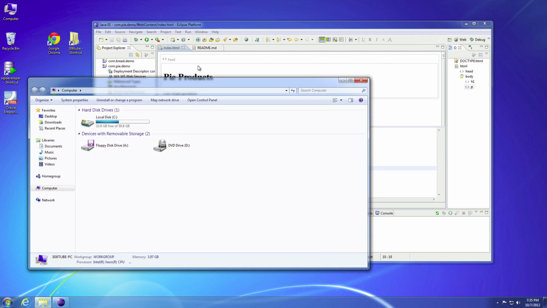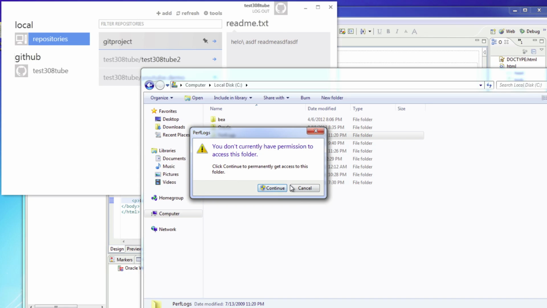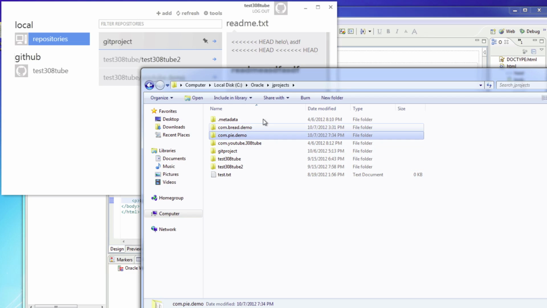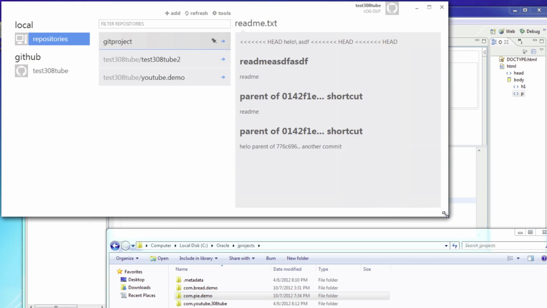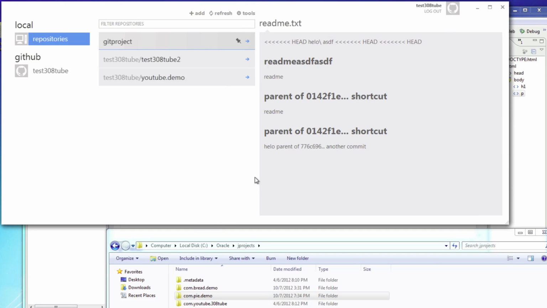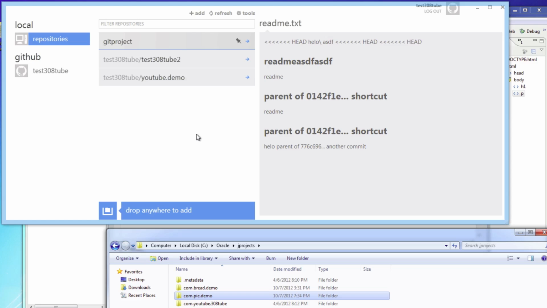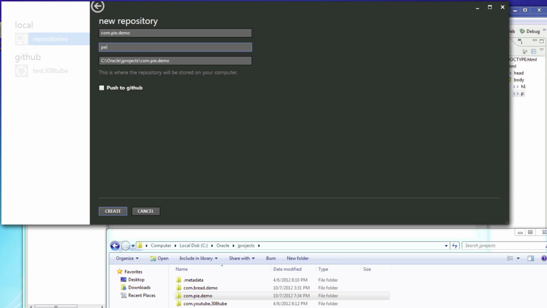And while that's opening up, let me go ahead and open up to where the project is saved. Oops, wrong one. So there is our com.py. So let me go ahead and open this up a little bit. So in order to get this project to be a Git repository, all I have to do is drag this into any of this area, and then I can say py demo website,